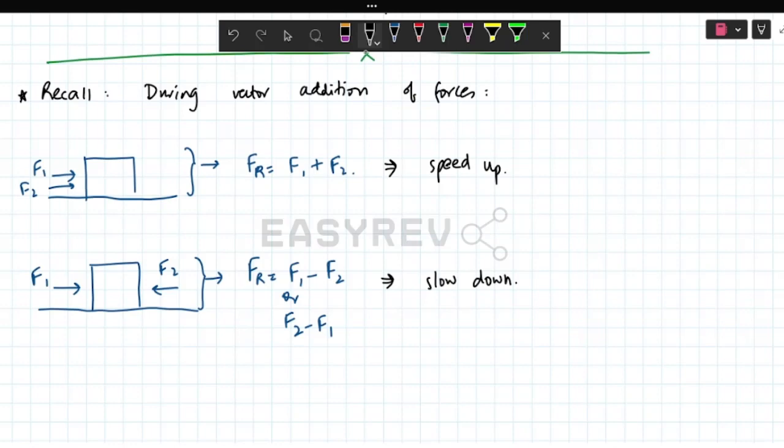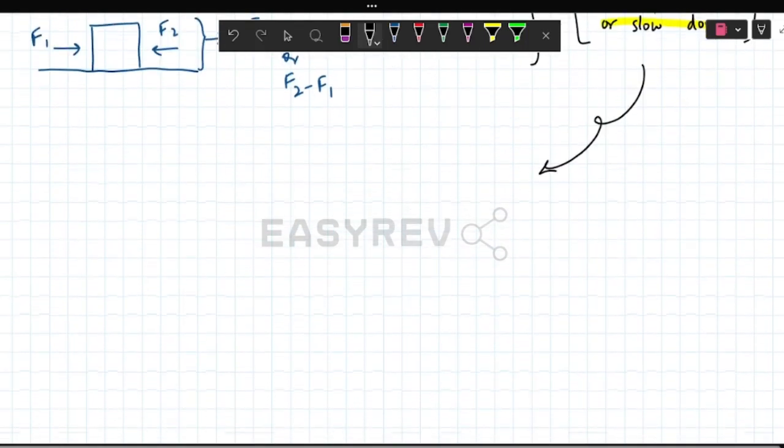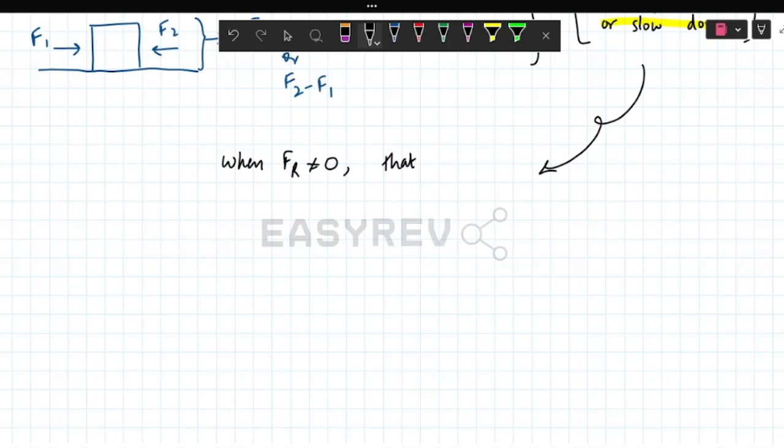So what this shows is that whenever the resultant force is non-zero, the object will either speed up or slow down. When we say that an object is speeding up or slowing down, what we mean to say is that that object's velocity changes. So I can take the same statement and rephrase it as follows: when the resultant force is anything but zero, that means that the object's velocity